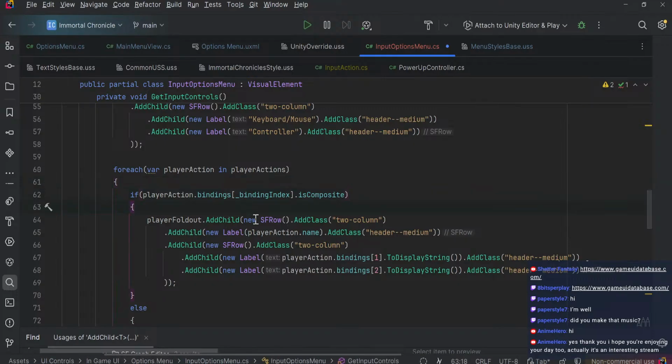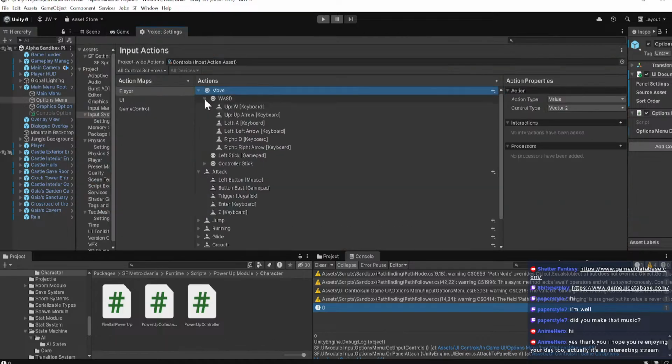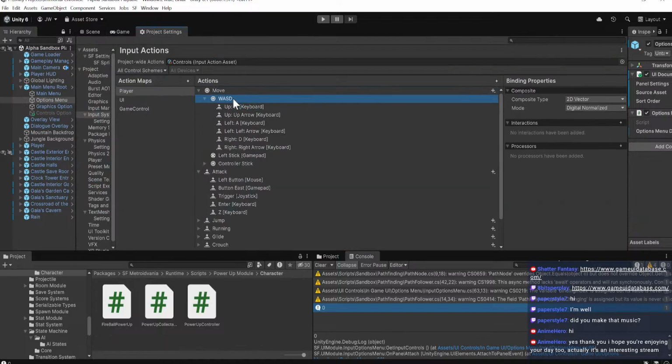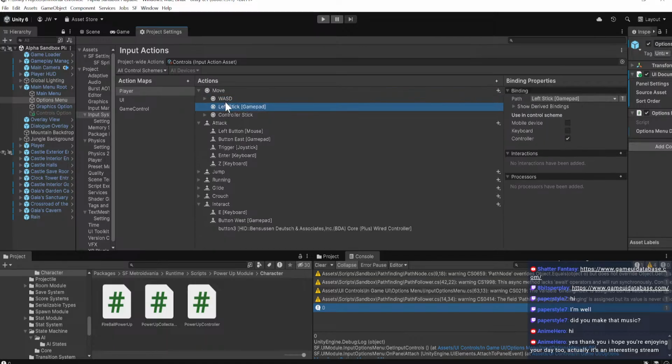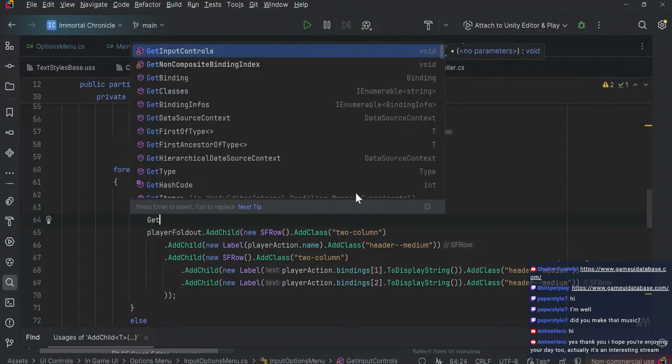We're going to do this where the first column will be 1, because 1 will be literally the W key, or the first value inside of the thing. So this will be 0, this will be 1, and then we need to index until we get to the left stick. So that works, but then we're gonna have to say get binding non-binding